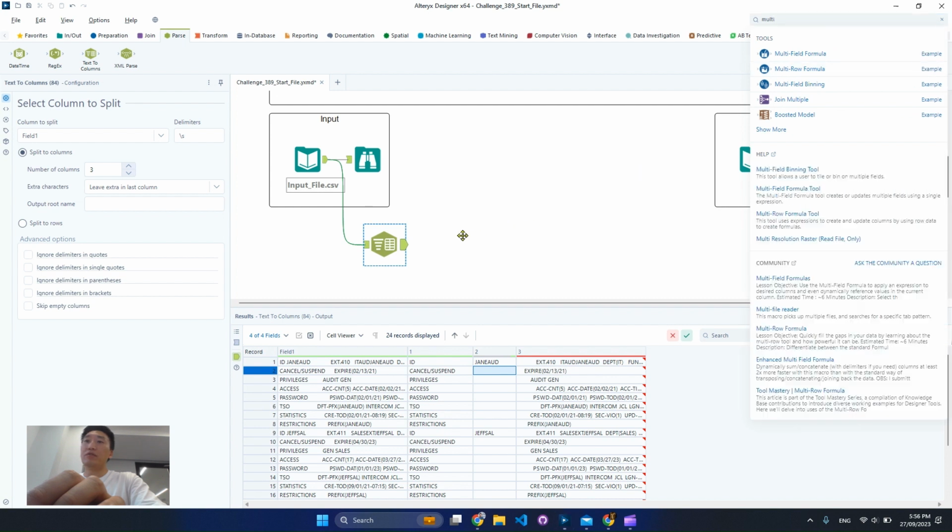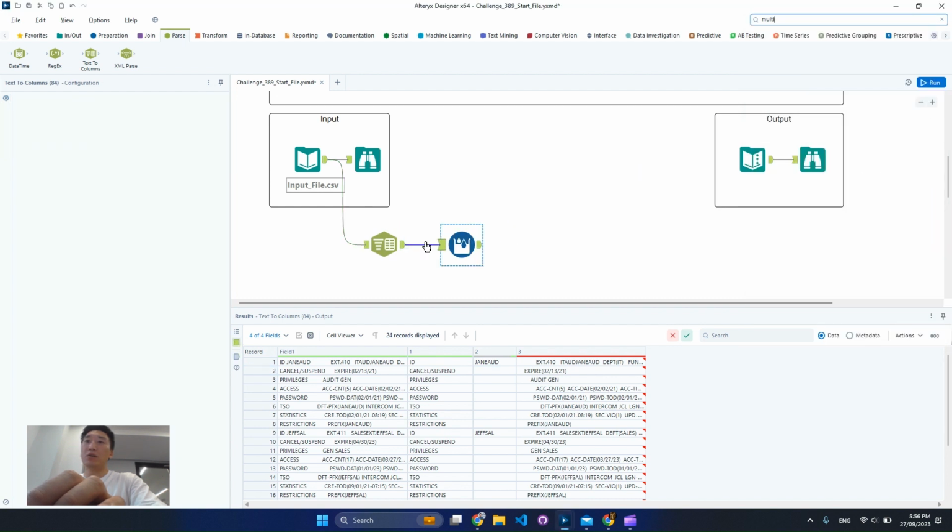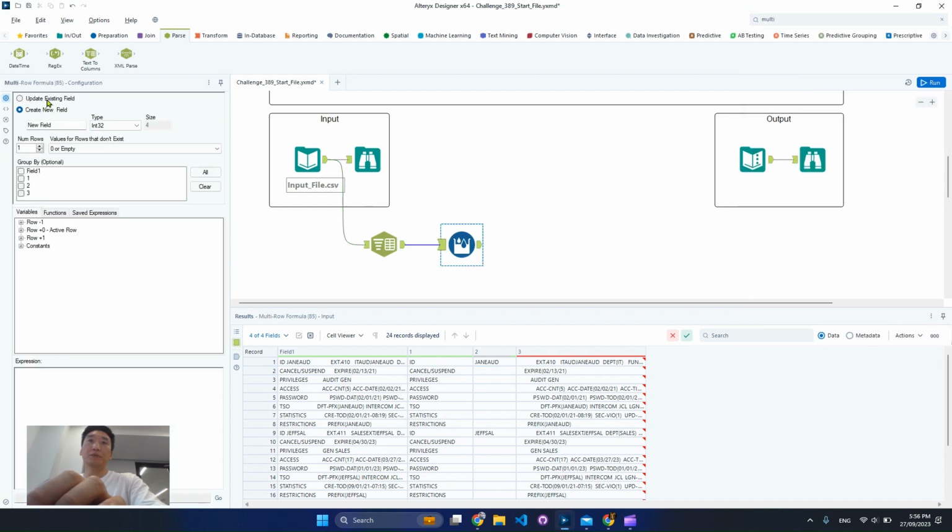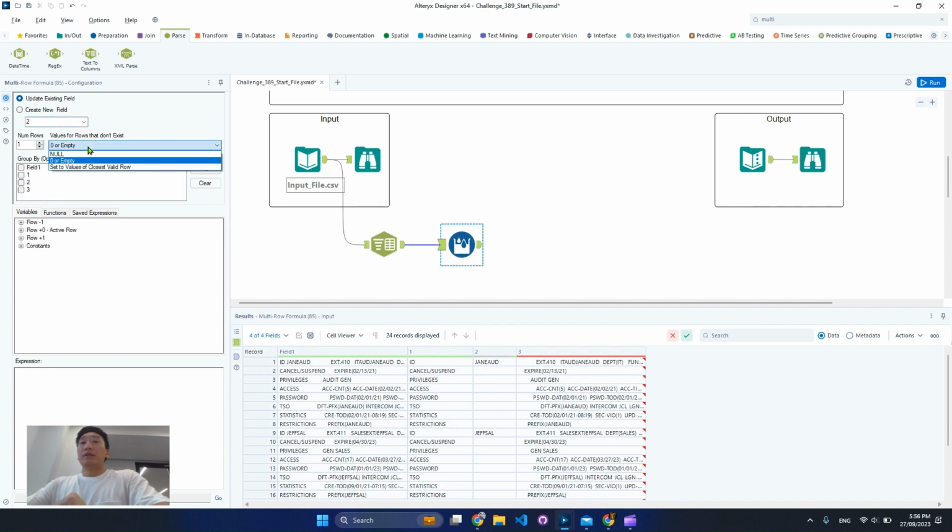So let's drag in the Multi-Row Formula. We're going to handle column number 2, so updating existing column 2. The value for missing values depends on choice, because at the moment what we have is empty, so it's probably easier to keep it consistently empty. Sometimes you may have null values, then the first choice may be more relevant. We don't have anything to group by because we try to group items up during the expression. The general approach, I'll just point out,